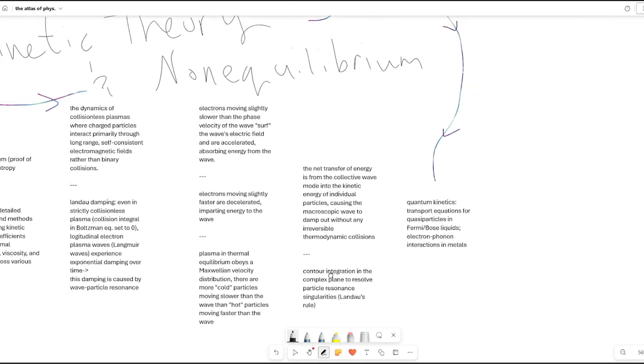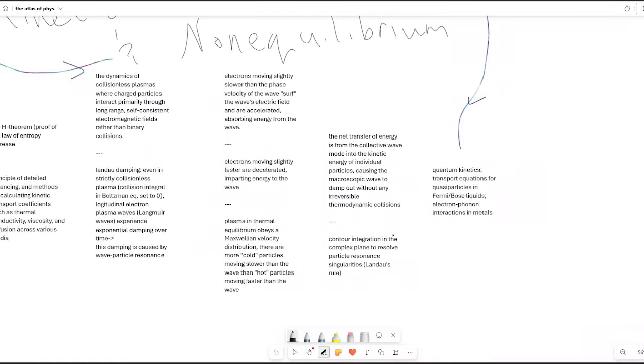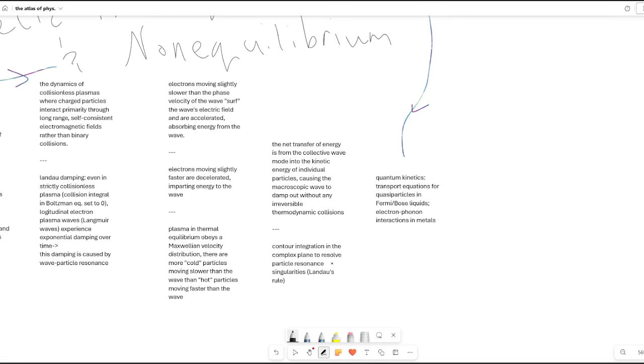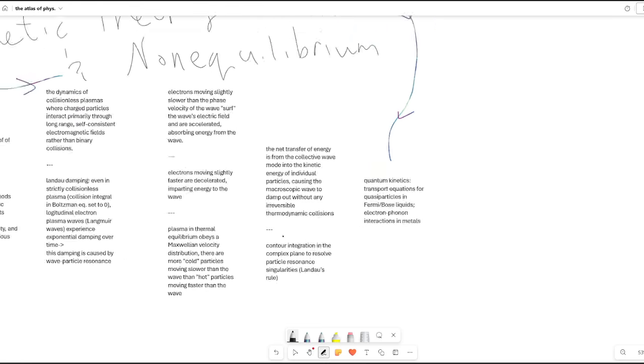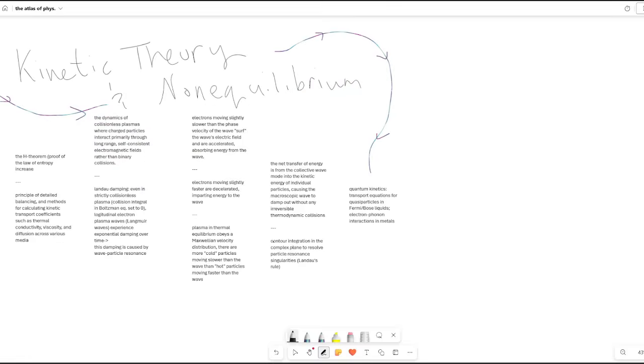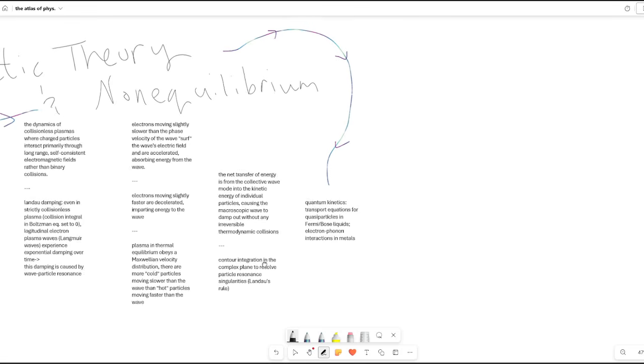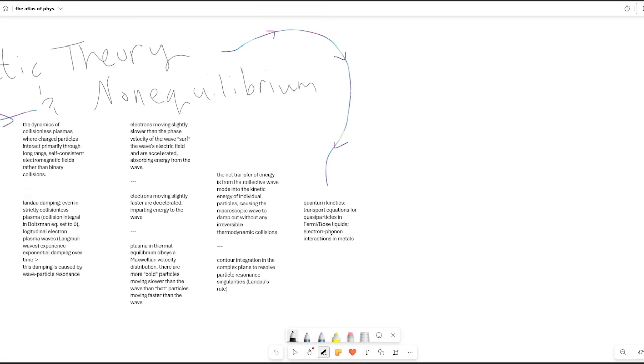Okay, and basically it just leaves kind of an imaginary part from the residue as you integrate or as you resolve the resonance around the singularity. And this goes also back to the S matrix back in QFT, or sorry, not in QFT, in quantum electrodynamics. Notice I didn't mention QFT.